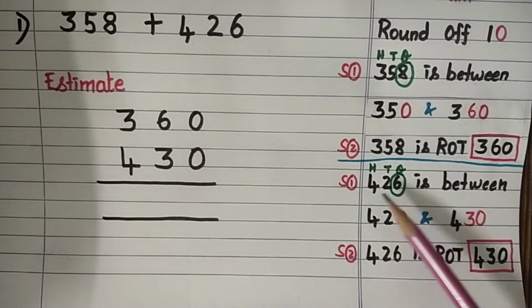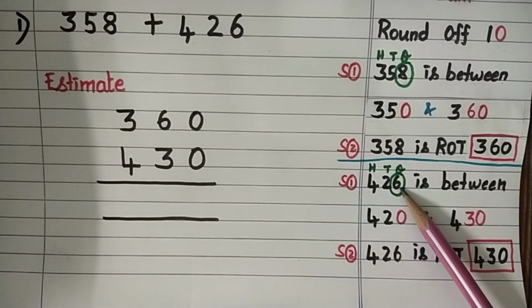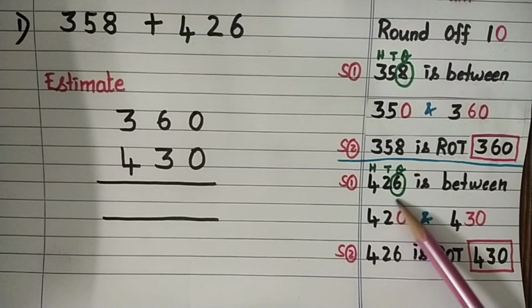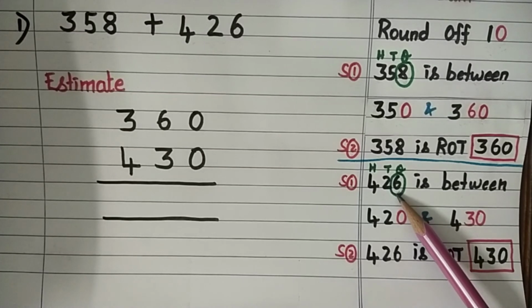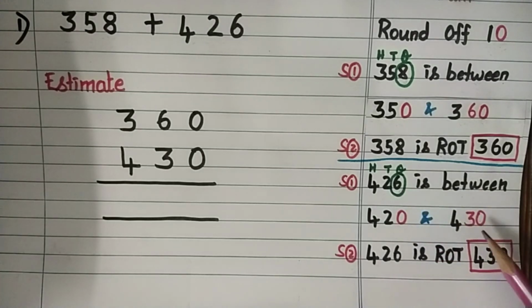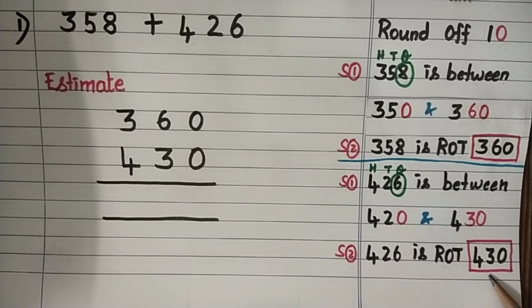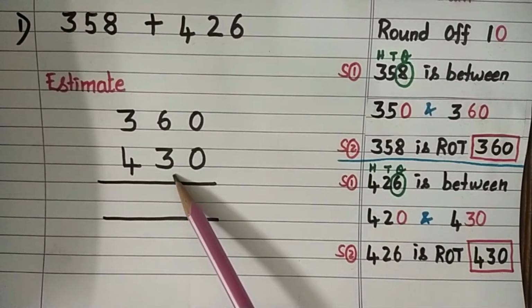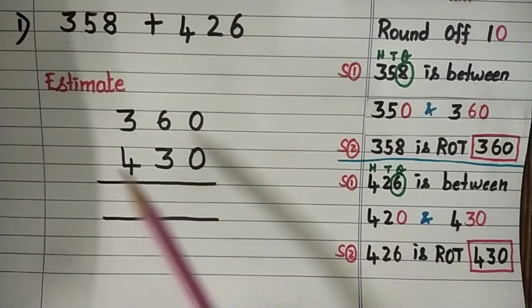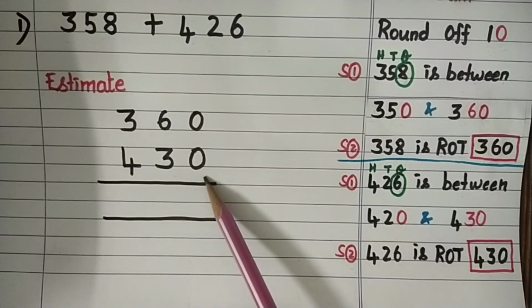Step 2: 428 should be rounded off. To round it off, first we need to see the right side of the tens place, which is the ones place. The focus should be given to the ones place. So circle the ones place. Is the digit a strong number or a weak number? Yes, you are correct, children. It's a strong number. So we need to round it to the up number. So 428 is rounded to 430. So what is the answer we got? 430. So the second addend is changed to its round off to the nearest 10. What is the answer? 430.